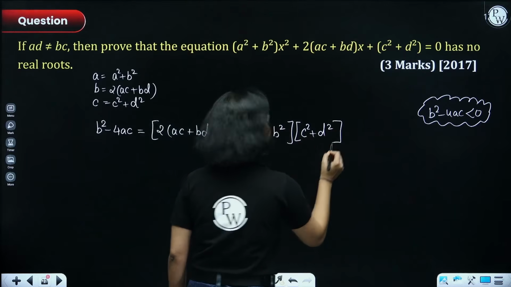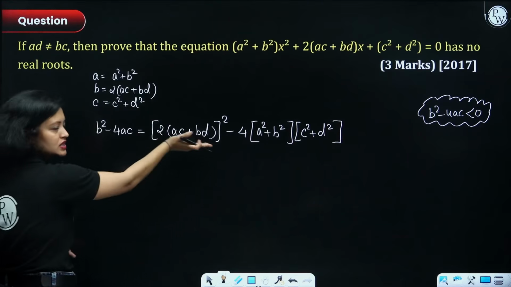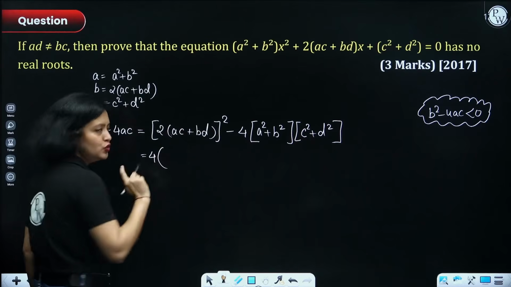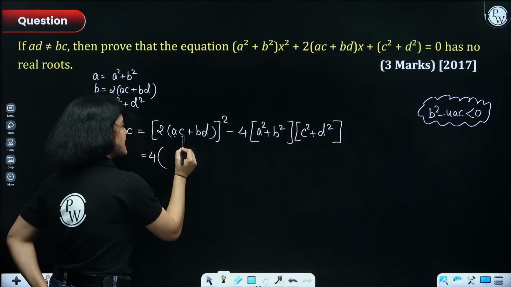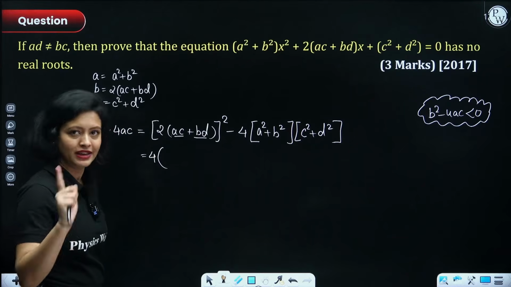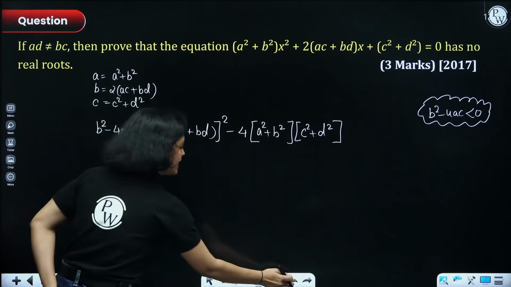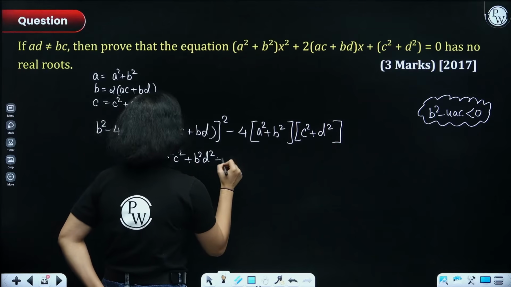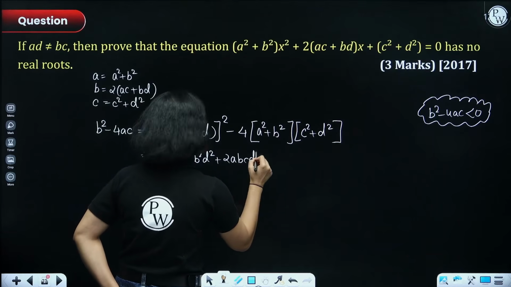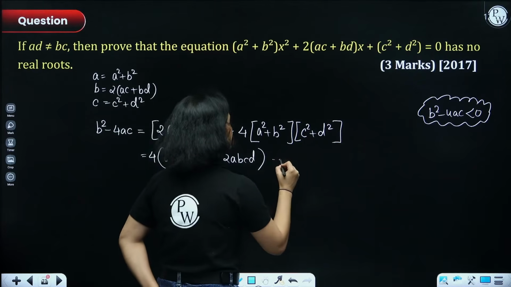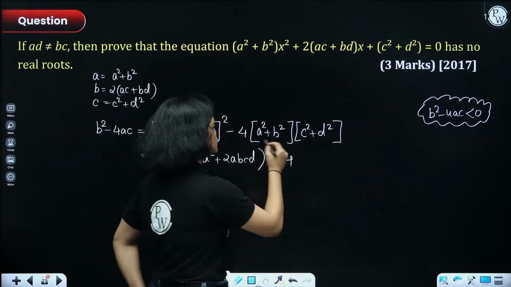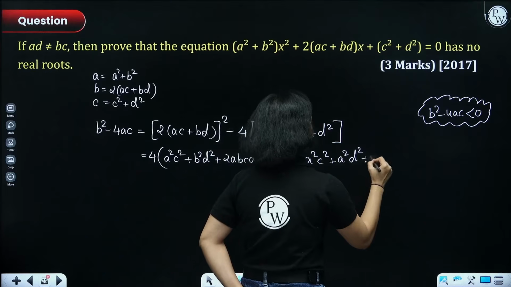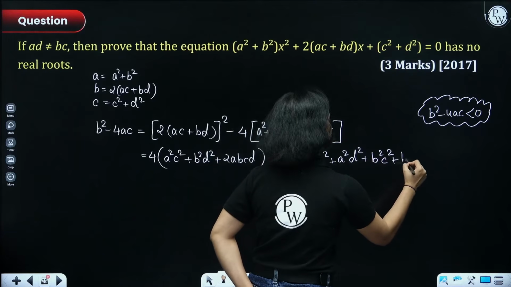Now all you need to do is start the simplification process. First here use the identity. So 2 square is 4, right? Now here to open this one, you will have to use identity. So treat it as A, treat it as B. So A square plus B square plus 2AB. That's how you'll open it up, right? So first term square is A square C square. Second term square is B square D square plus twice of A, B, C, D. Right? Now, minus 4, open this bracket also, everyone. So what we'll get? We'll get A square C square plus A square D square plus B square C square plus B square D square.